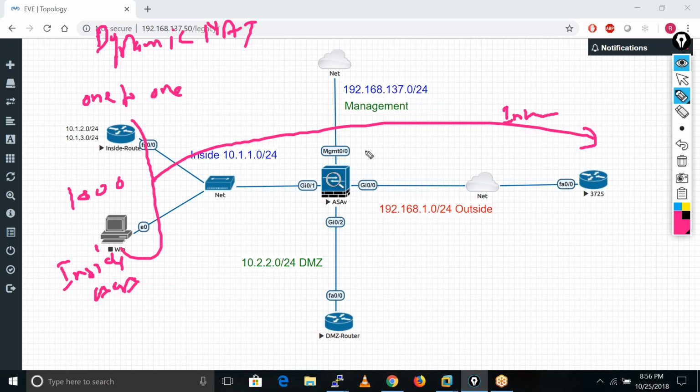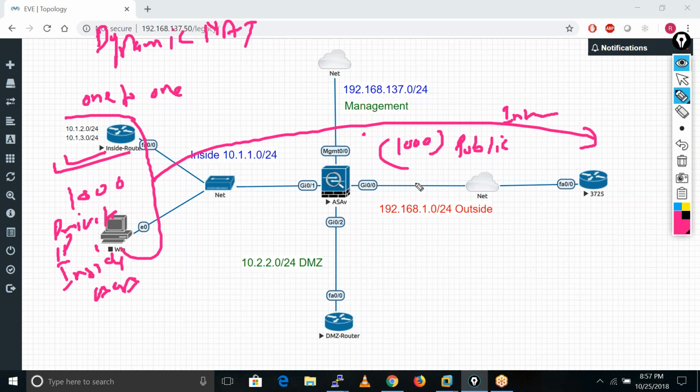Okay, towards the internet. So the thing is, these are private IP addresses, right? They are using private IP only. So we need at least 100 public IPs to translate all the users' traffic onto the internet, because a private IP address is not routable on the internet. We need a public IP or internet-routable IP addresses.